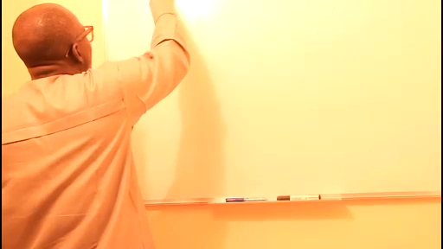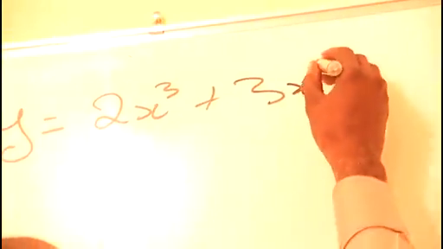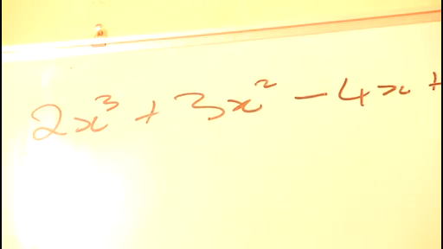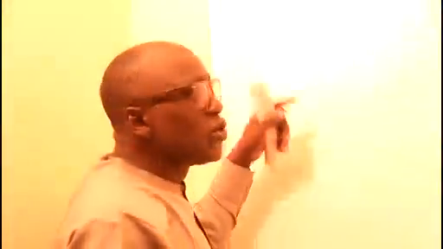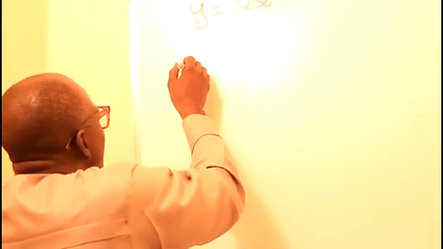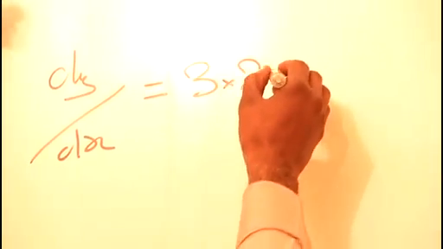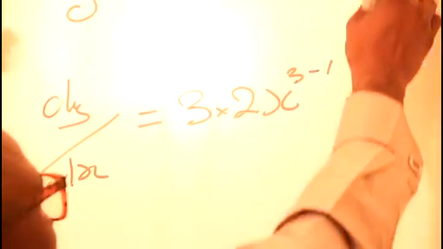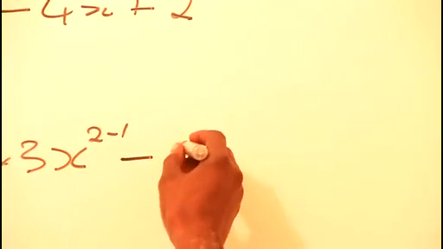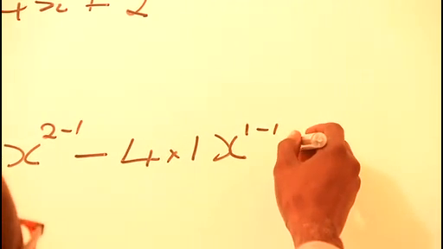If you're also given another example of a function, y equal to 2x cubed plus 3x squared minus 4x plus 2, and we're asked to differentiate this with respect to x, or find dy over dx, or find the gradient of this, it's as easy as saying, okay, our dy over dx will now be 3 times 2 x to the power of 3 minus 1, plus 2 times 3 x to the power of 2 minus 1, then minus 4 times 1 x to the power of 1 minus 1, then plus,